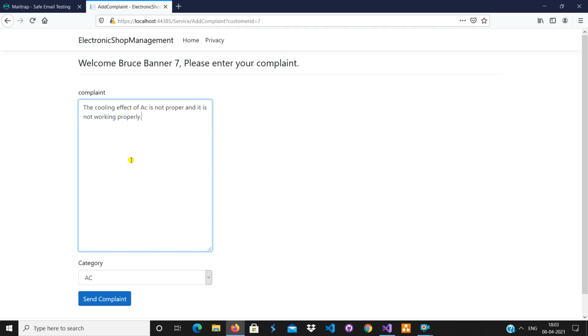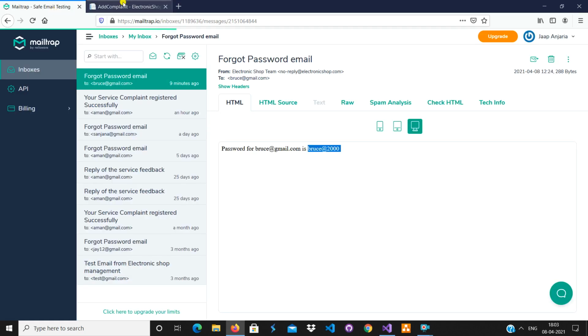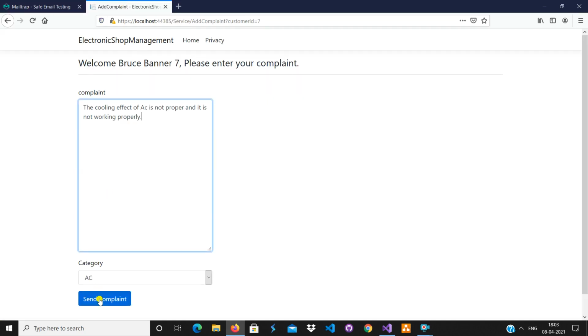I exactly don't have a clear idea about when the AC does not function properly. So when the customer sends the complaint, a mail would be sent to the customer to assure them that their complaint has been registered. And then this complaint would be taken care of, or an engineer would be assigned by the admin. I'm going to show you that very shortly.